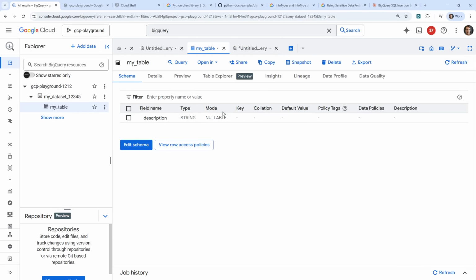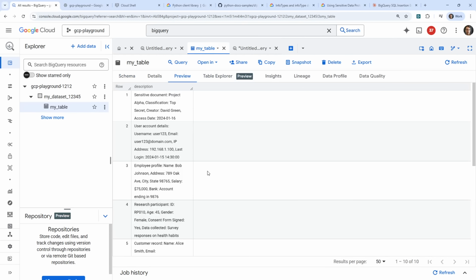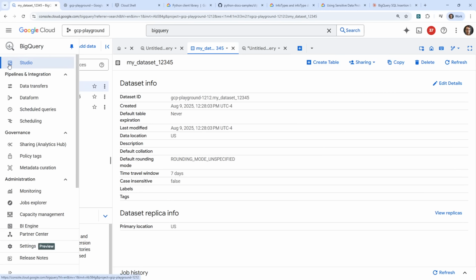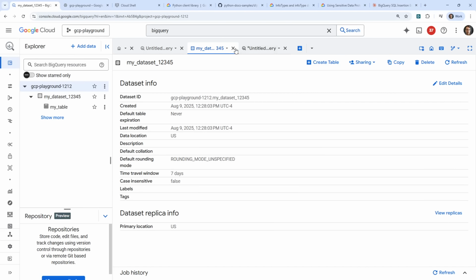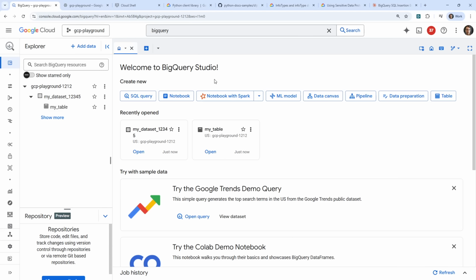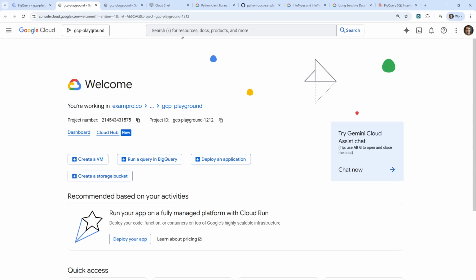Let's go take a look at our table and see if we can see it. They say Table Explorer. This always says empty, so I'm not really sure what's going on here. But now we can see our data. So the idea is that we want to scan this and see if there are any issues. I'm going to go back to the top level here. I'm also just checking if there are some intermediate options here. Okay, yeah, close, close. Okay, so now that we have that,